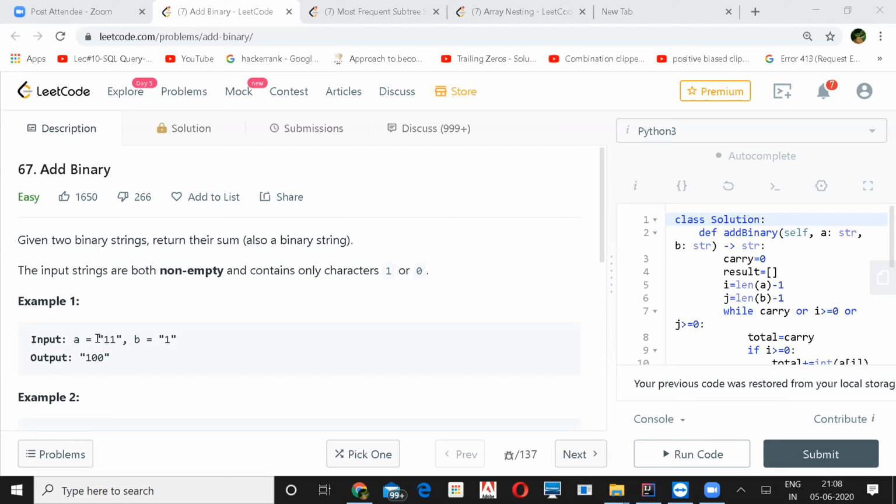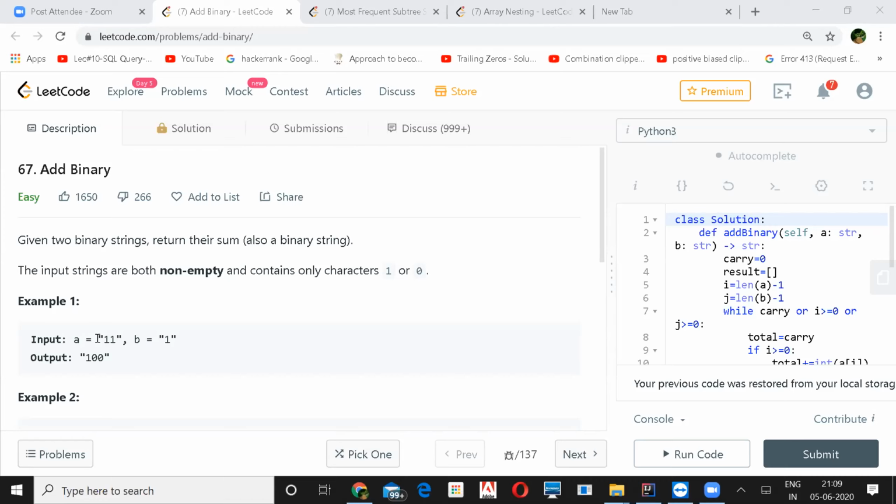I think adding two binaries is not that tricky. You only need to know what exactly it looks like. So we know 10 plus 11, how it works. There would be some carry, and it will go to the next position. There are only two rules in binary: 1 and 1 add to 0 with a carry of 1, and 1 and 0 add to 1 with no carry, and 0 and 0 is 0. So only two rules are there, I think.